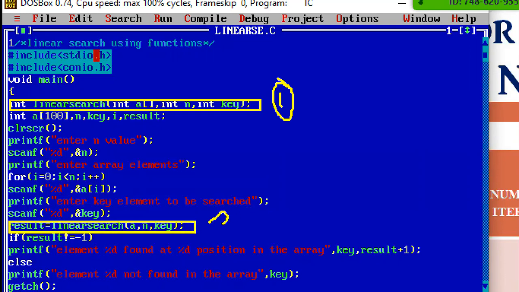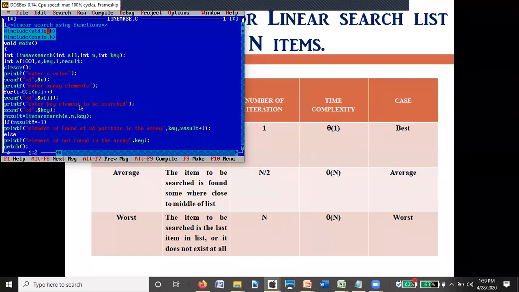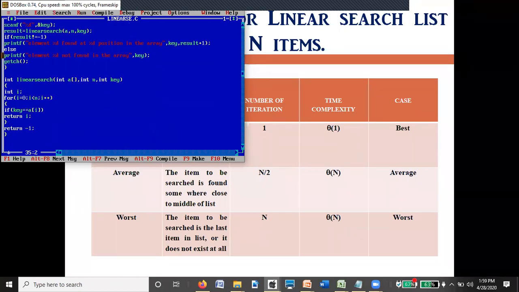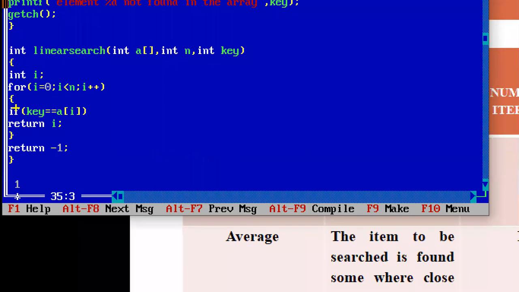This is actually the third step, and we'll see the second step. This whole part is the second step.